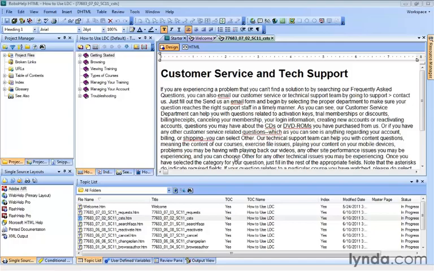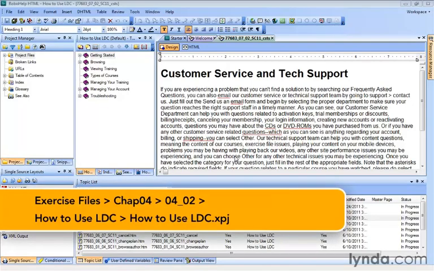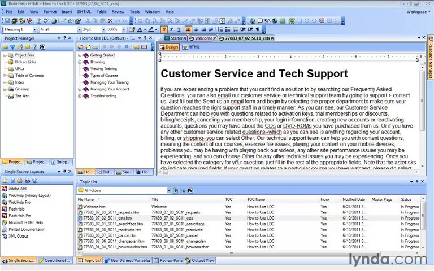By now you understand how CSS files work. They have multiple styles and multiple formatting commands that can be applied to topics to save you time. But sometimes when you apply those styles, certain formatting is not applied because there are embedded styles that override your default CSS. So in this case, we're going to have to manipulate individual paragraphs by applying the various styles and formatting. That's what we're going to do right now, continuing with our How to Use LDC project here.